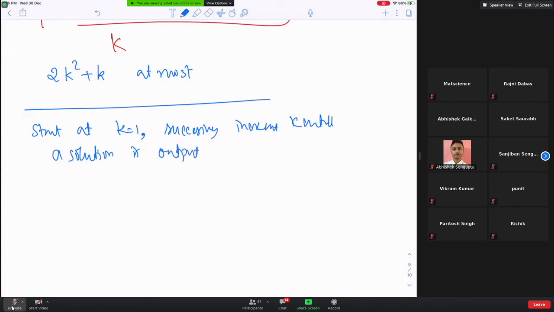Whenever your solution is output, whatever may be, suppose at K equal to n to the power 1/4, you output a solution. But then what is the size of the solution you're going to output? You're going to output a solution of size n to the power half, right? So if I succeed up to, say, n to the power 1/4, then I'm only going to give you a solution of size n to the power half, which is perfectly fine.